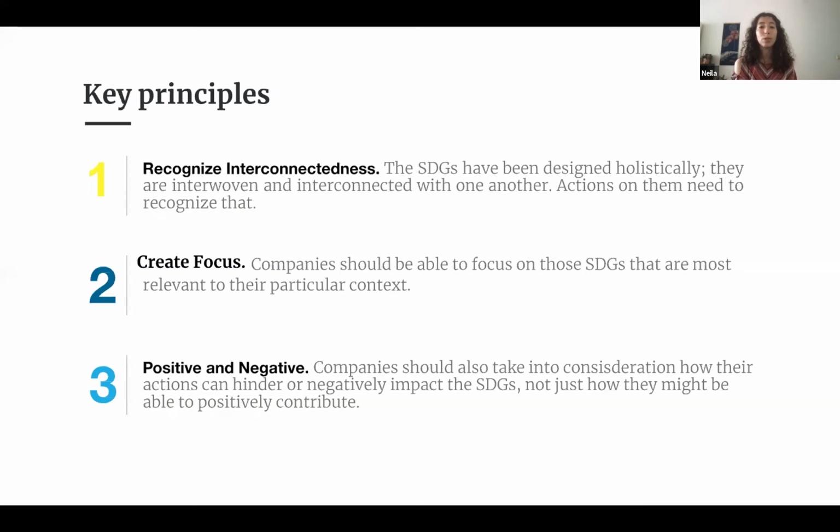And the last aspect is that the tool is showing equally positive and negative impact, because we consider that the positive impact that we can have on society cannot compensate for the negative impact we may also have. If we want to truly and effectively contribute to the SDGs, both have to be considered.